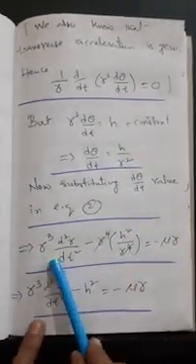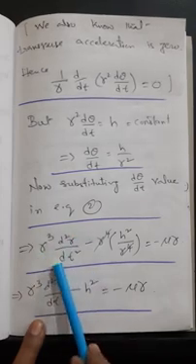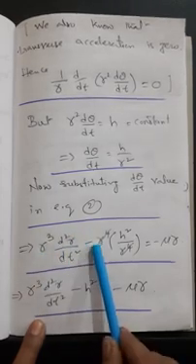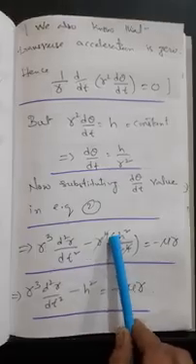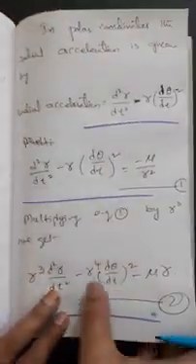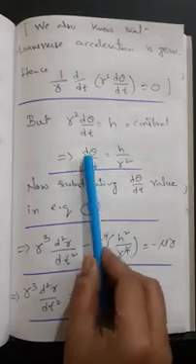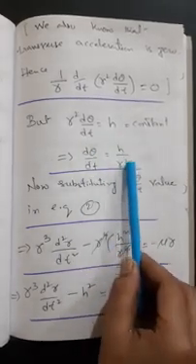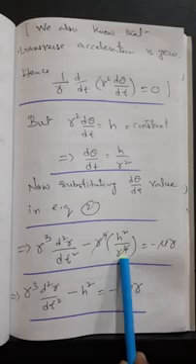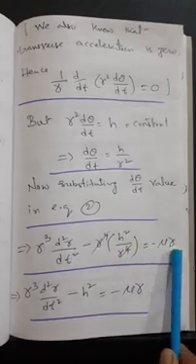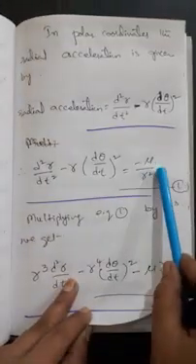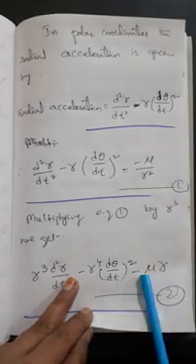So we will get r cube d square r by d theta square minus r to the power of 4. Here in this equation we got r to the power of 4 into d theta by dt whole square. So d theta by dt whole square is h square by r to the power of 4. So h square by r to the power of 4 is equal to minus mu r. Here this is already minus, this is mu